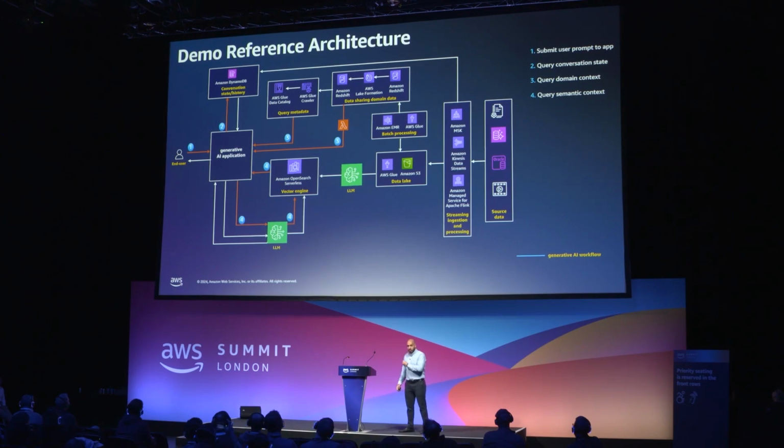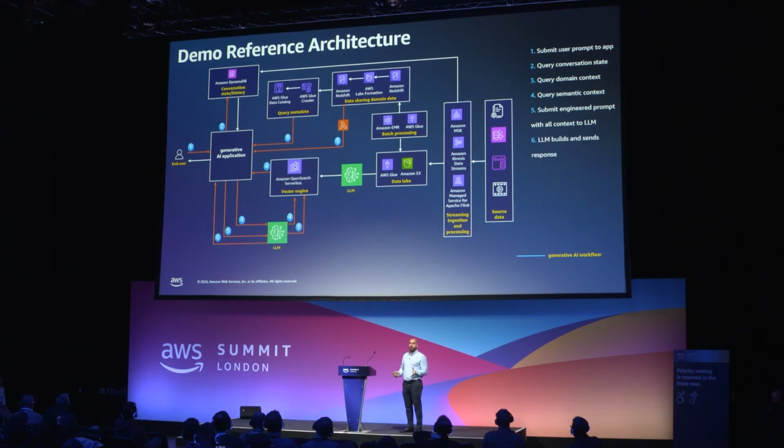Those are ingested through a streaming layer, landed in the data lake, run through the LLM, and vectorized, and that vector engine is stored on the Amazon OpenSearch service, which is then also sent to the generative AI application. Now that we have all of this extra context, we can augment the prompt, and now we have a richer